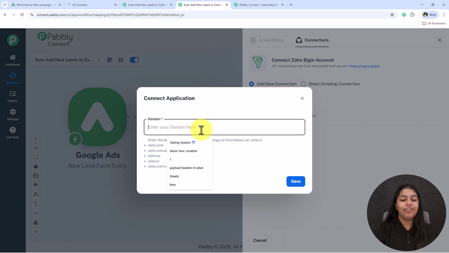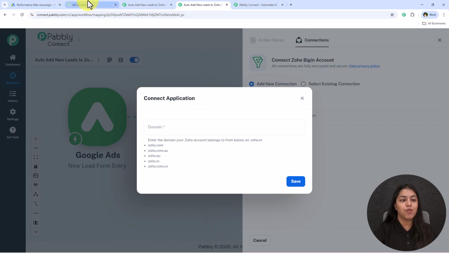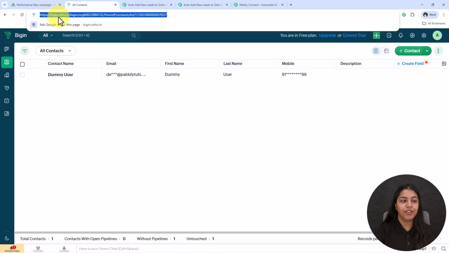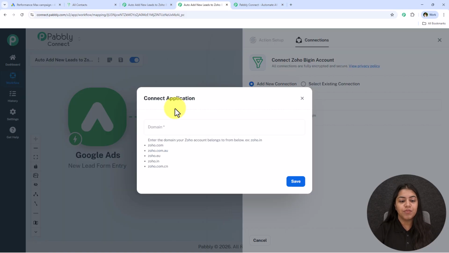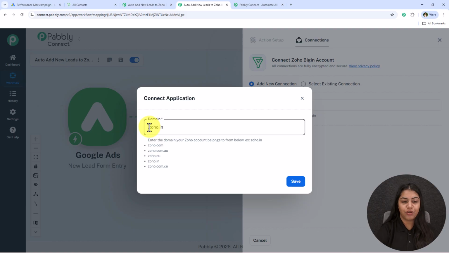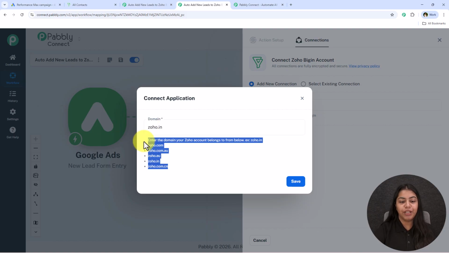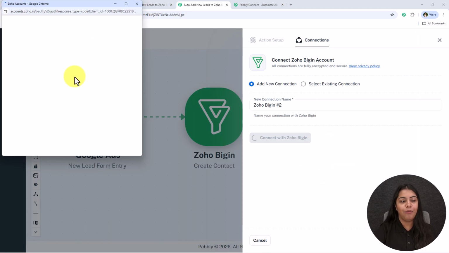Bigin. It is asking for the domain, so to get this domain, just open your Zoho Bigin account and in the URL you're going to get the domain. After this, https://bigin. and then before this /bigin. So this is the domain which is zoho.in. So I'm just going to copy this domain and paste it right over here. Your domain can be anything from below. My domain is zoho.in. After entering this, click on this save, and now Pabbly is going to ask you for